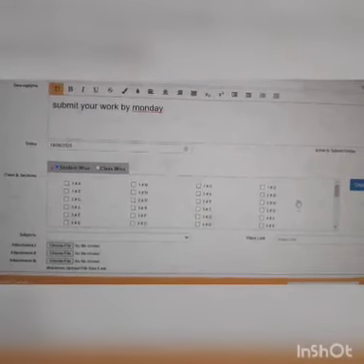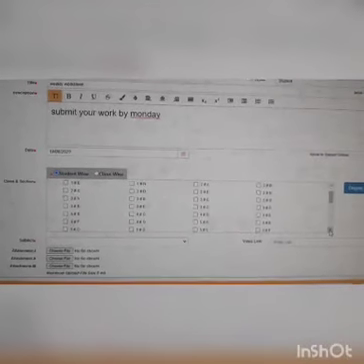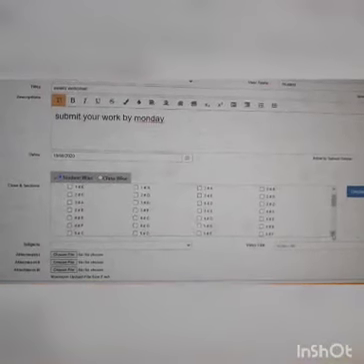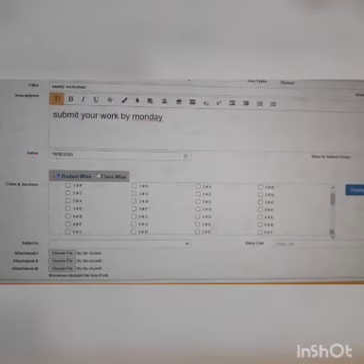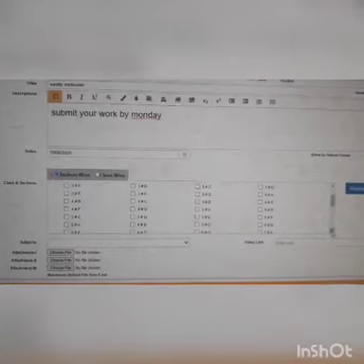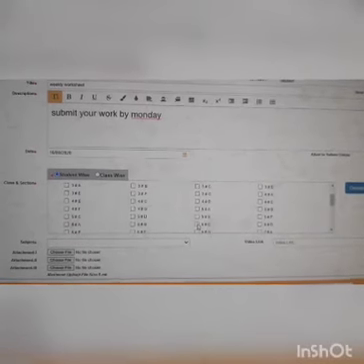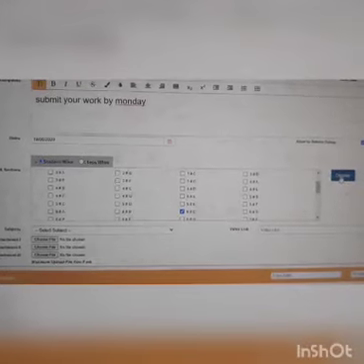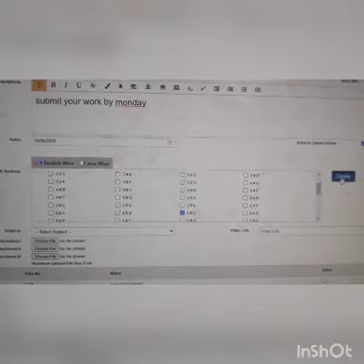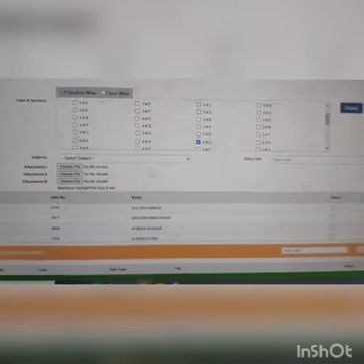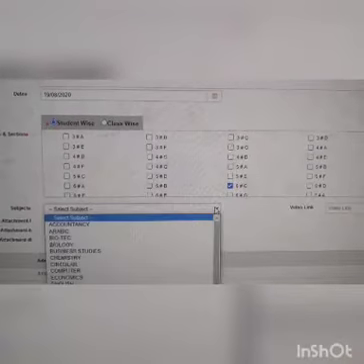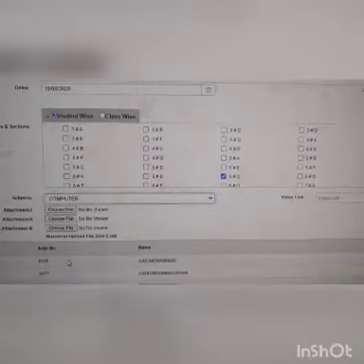Say for example, I take class 6C or 7D, so that I can take it for Qasim or Yumna. Thanks to the kids, they are a great help to us. So let us say I take 6C. Then I say display. When I say display, as you could see, it will display the class list under this option. Now I am going to select the subject. Say my subject is computers.